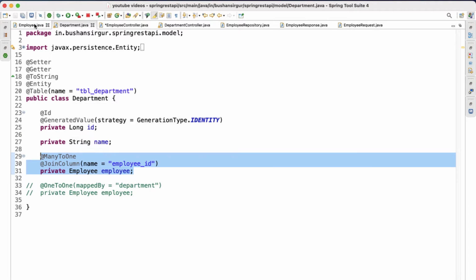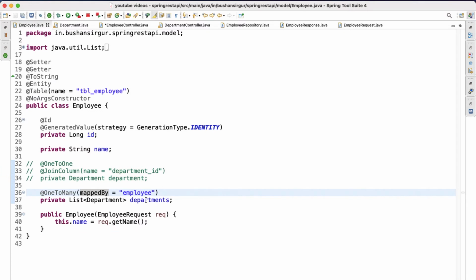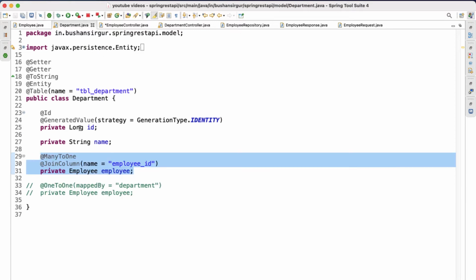So inside this, we're going to create a reference variable for the department that will be a list type, and we're going to annotate it with the one-to-many annotation, and add the mappedBy option, much like we have added inside the one-to-one bidirectional mapping. So mappedBy, and we're going to provide the field name inside the department entity.